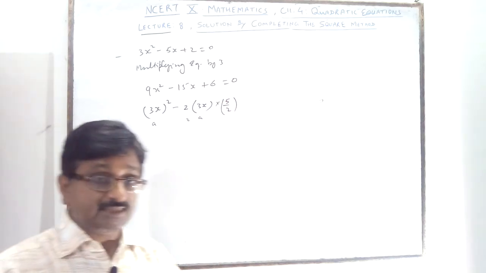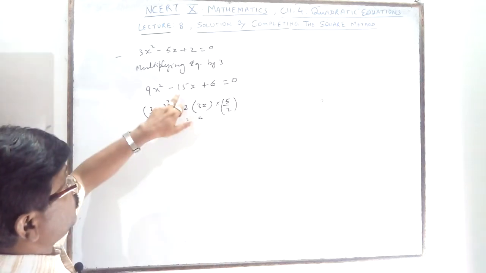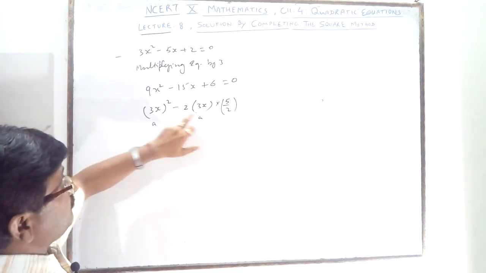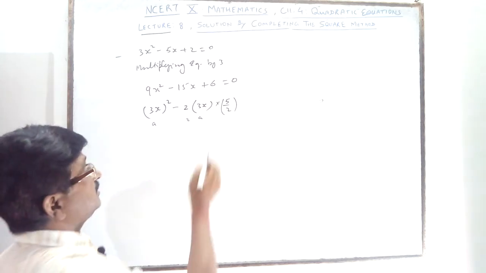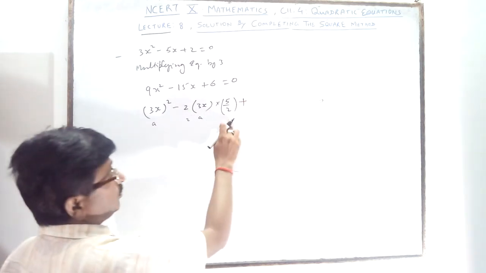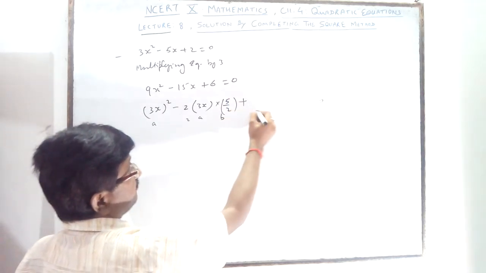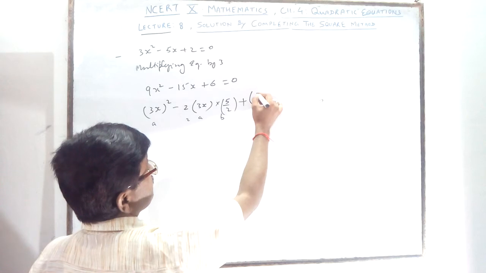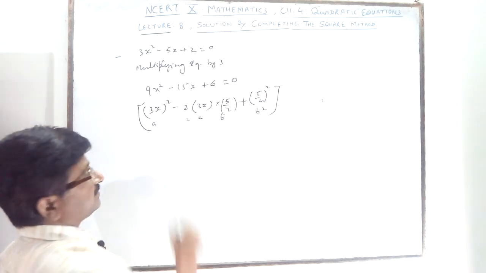It is your choice, there is no rule. You yourself keep in your mind that you want 15. So what will you write here? Then the result will be 15. That will be decided by you. 2 and 2 cancel, 5 times 3 is 15, b. So the same number you want for completing 2ab plus b square. b square means 5 by 2 square. Now your square is completed.